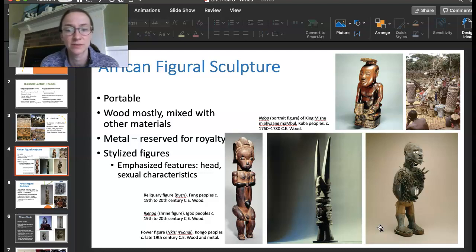Sometimes they are nails, sometimes they're blades. Remember, this one has a spirit inside of it. The creation and use of this object was reserved for specific people, kind of a shaman who could activate the object. And it would be used kind of like a current-day